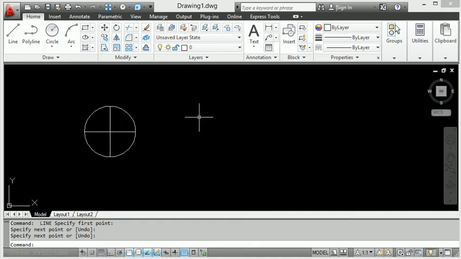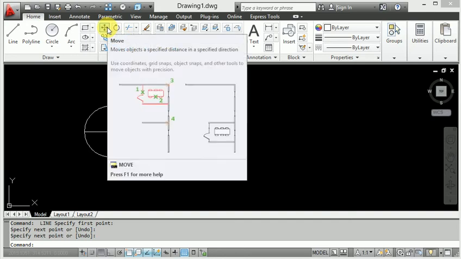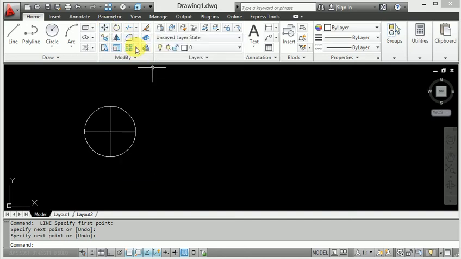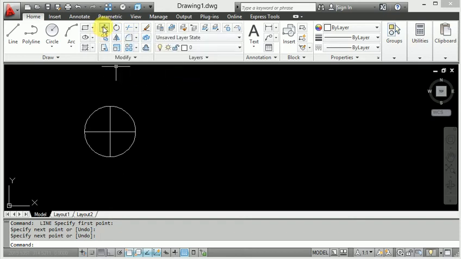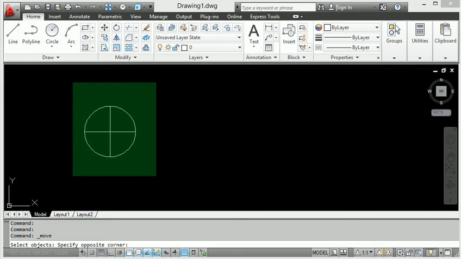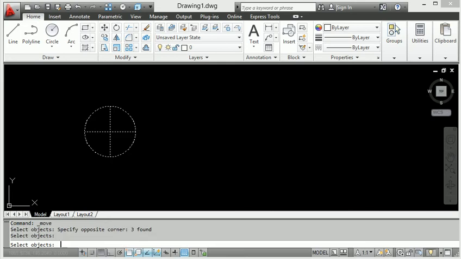Now I will use the move command. Basically this is the move command. We apply move here, select this whole body and press enter. And now I will move it, that means replace it in another area at a particular distance.